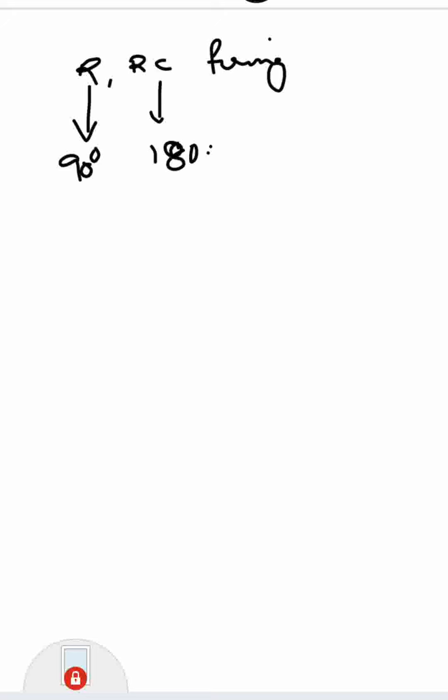Now, another firing circuit called the UJT firing circuit will be explained, where the UJT is used as a switch element using which the pulses are generated and applied to the SCR. So today we will discuss the UJT firing circuit.